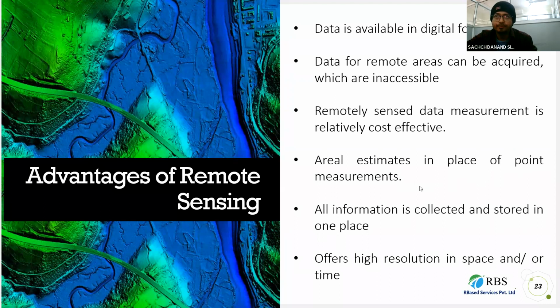Okay. Then aerial, it gives you the aerial estimation in place of point measurement. Like इसका क्या मतलब हुआ कि जब आप खुद से ग्राउंड से ऑब्जर्व करते हो तो यू होल्ड अ इंस्ट्रूमेंट एट अ पर्टिकुलर पॉइंट, आपको बस उसी पॉइंट का इंफॉर्मेशन मिलता है। और जब वो सेटेलाइट रिमोट सेंसिंग यूज करते हैं तो आपको एक पूरा पिक्सल का इंफॉर्मेशन मिलता है, तो वो पिक्सल पिक्सल जोड़ करके पूरे बड़े एरिया का एस्टिमेट मिल जाता है। तो एरियल एस्टिमेट से ज्यादा क्लियर होती है पिक्चर, ना कि पॉइंट एस्टिमेट से। अगर हमारे पास ढेर सारे पॉइंट होंगे तब जाके एक क्लियर इमेज बनेगी। वही अगर हमारे पास एरियल एस्टिमेट है पहले से, तो ऑलरेडी मेरे पास काफी क्लियर इमेज है।